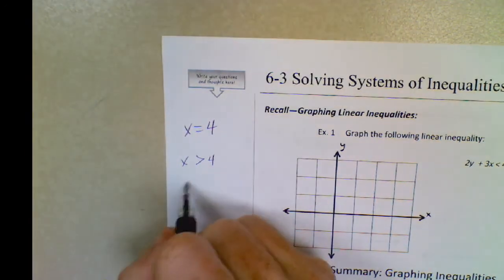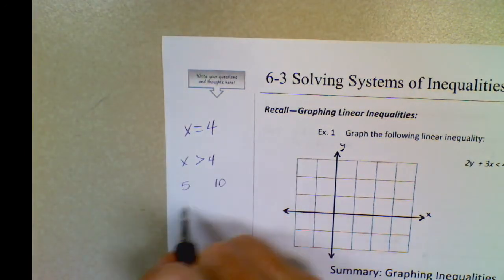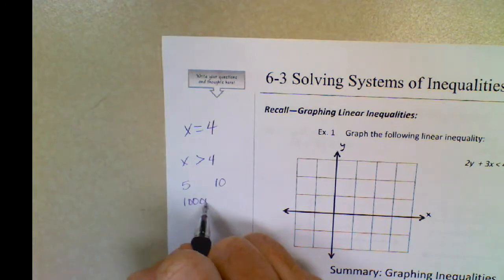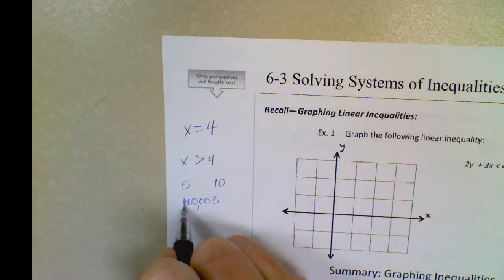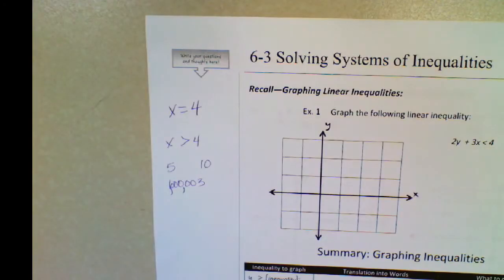could have there. So we could have 5, we could have 10, we could have 1,000,003, right? We can have an infinite amount of answers for that. So what we're really doing when we're finding systems of inequalities is finding the range where those two things